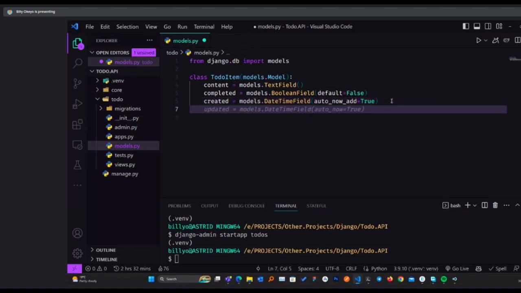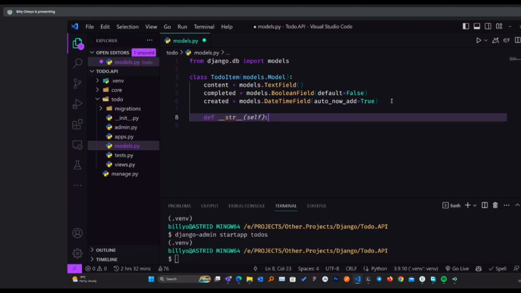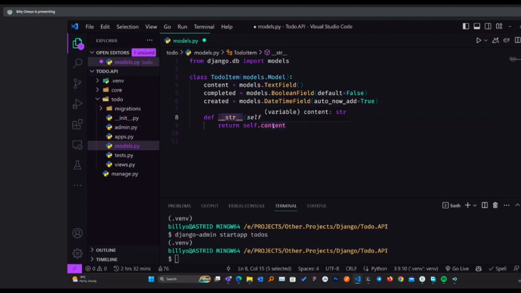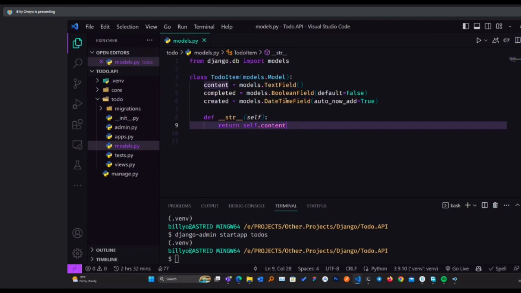Then apart from created, I don't think we need updated. I think for now we can work with that. And I'll specify the dev __str__ define a string. So technically we are saying that whenever we create a to-do item, whatever we want to return to the user to be able to see is this content. I'll comment this in a bit so that you can see the difference and know clearly what I'm trying to mean here. Then, I think as far as the to-do item is concerned, this is all we need. So I'll just save that file.